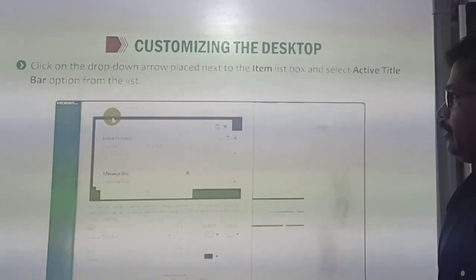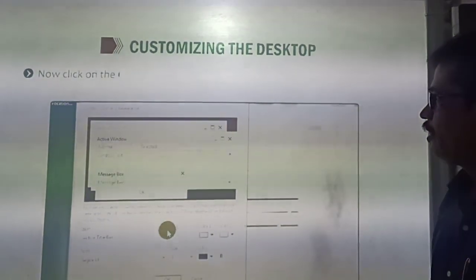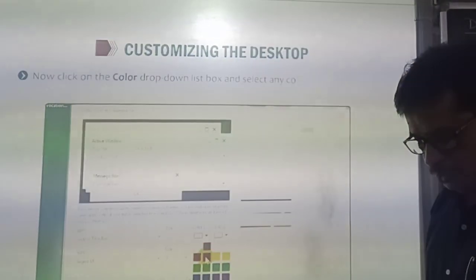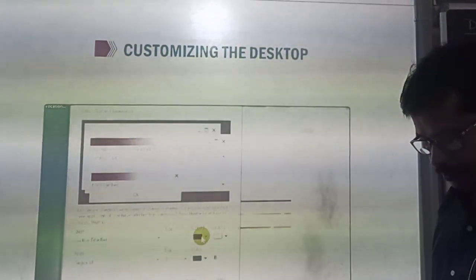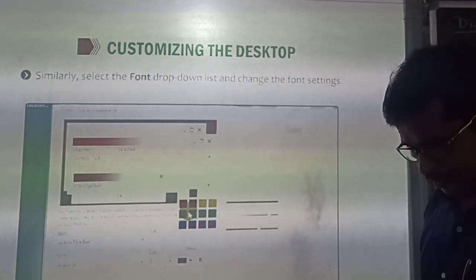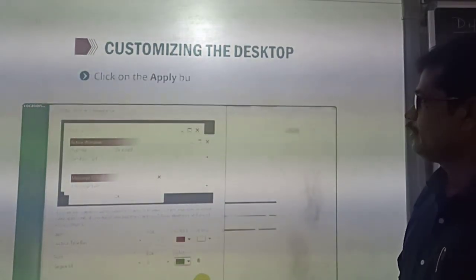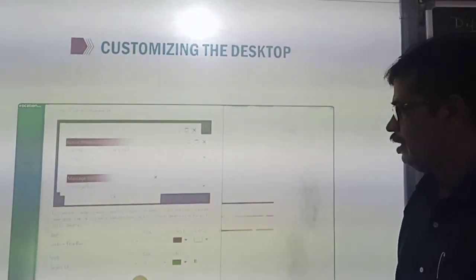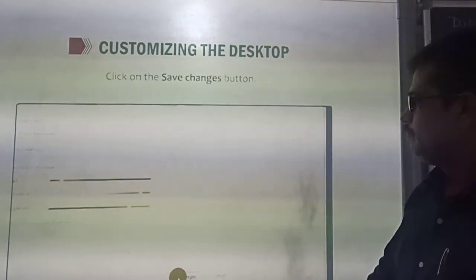Okay. Now let's come to the next point, which is how to customize the date and time. How to change the date and time. You have to wait for some time. Let it finish. Then we will start how to change the date and time.